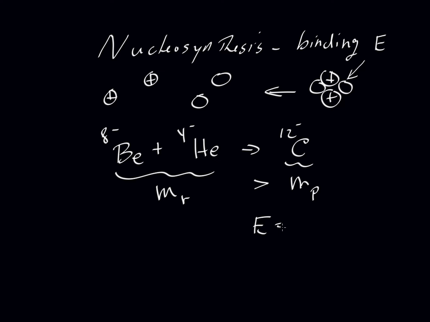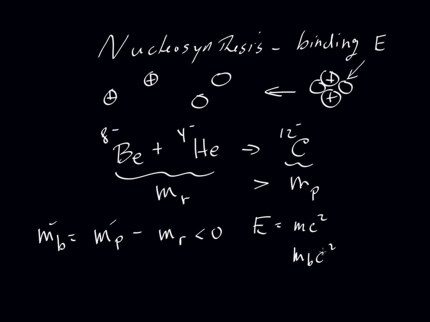But if you take a look at Einstein's equation, E equals mc squared, the difference in masses could be related to the binding energy, so we can call it mb. So let's say that's the mass of the products, the carbon-12, minus the mass of the reactants, beryllium-8 plus helium-4. This will be less than 0. This will be a negative because the mass of the products is a little bit less than the mass of the reactants. That mass that's related to the binding energy is very, very small, but we take that small mb